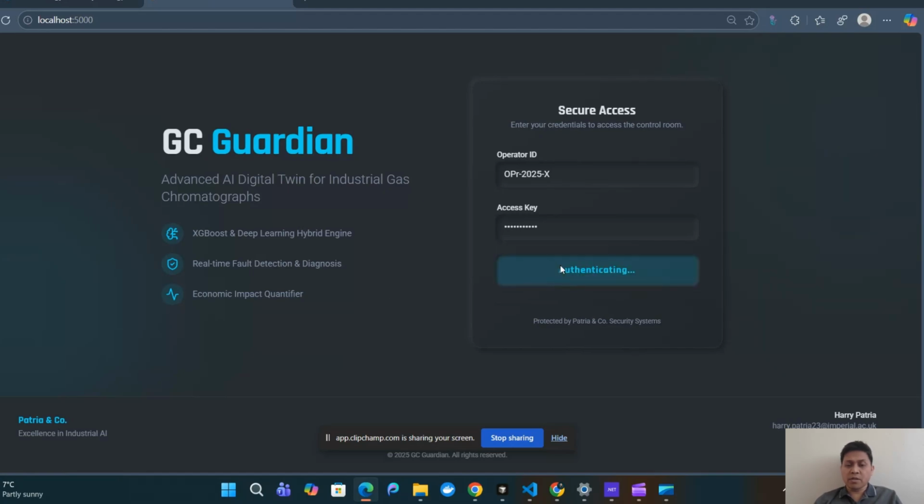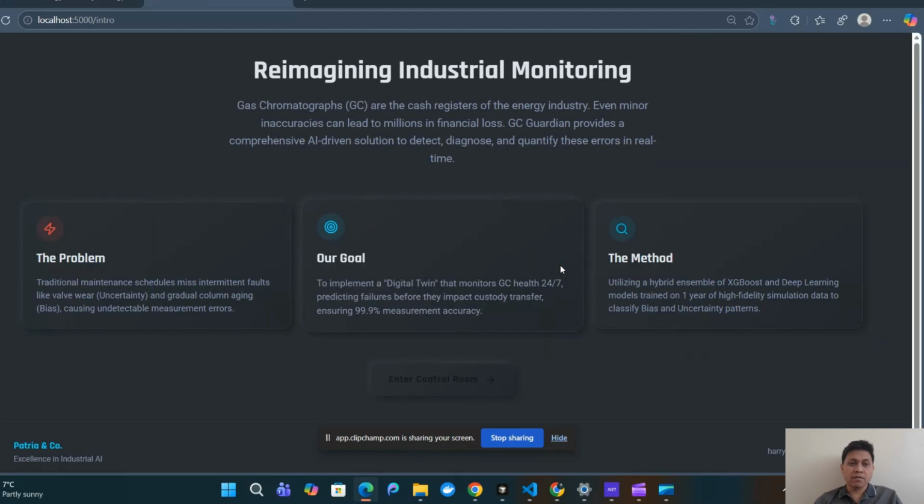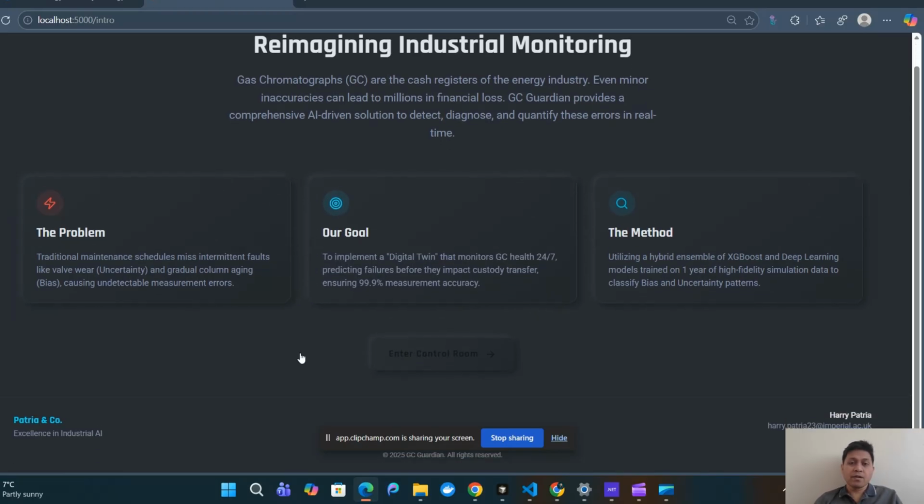I'm going to introduce a bit about my technique to optimize the EXE, the existing software, by enhancing it through machine learning, prediction, and statistical analysis. So the problem is how can we optimize the pre-existing software to detect uncertainty. The goal is to predict the failures before they create something wrong in the custody transfer, so we can save the losses. And for methodology, I'm going to do machine learning and deep learning to increase the accuracy of